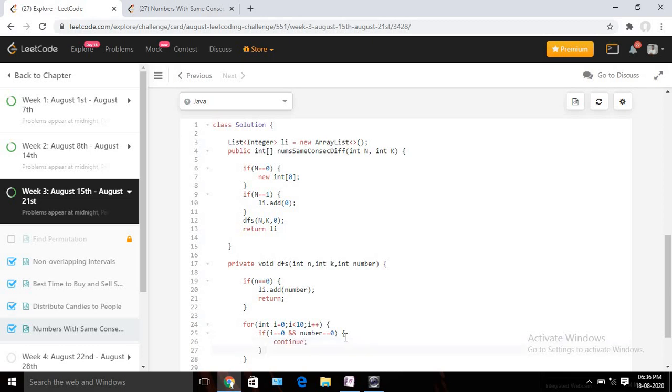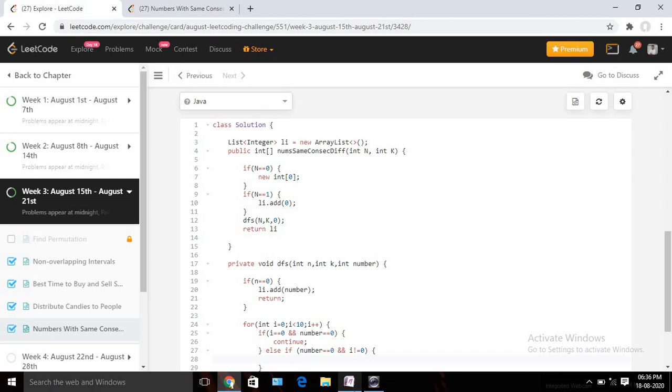Okay, and else if, suppose the number is 0 but i is not 0. Whatever the i value is, we are going to pick that and add it. When my number is 0, we should not use any leading 0, so we write this condition. Else if number equals 0, meaning I don't have any digit in my output number yet. If it equals 0 and i is not equal to 0, that means i can be 1, 2, anything, then we can call our DFS function and try to find other possible numbers.